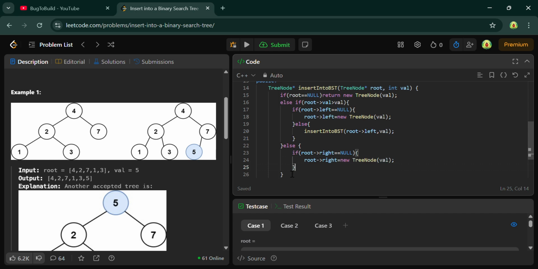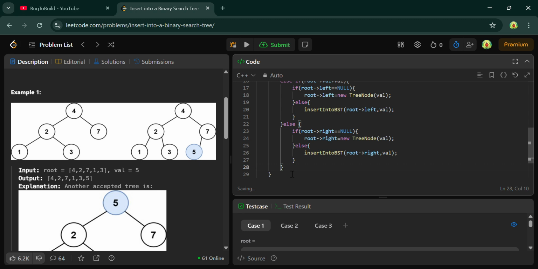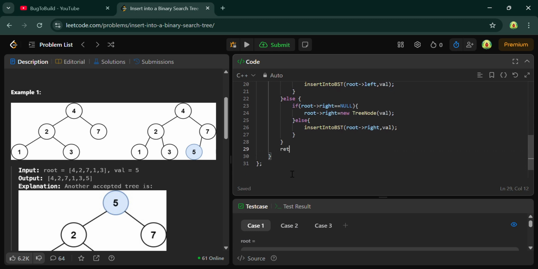And if this condition is not satisfied, then again call the insert into BST function with root's right and val. After that you just have to return the root.